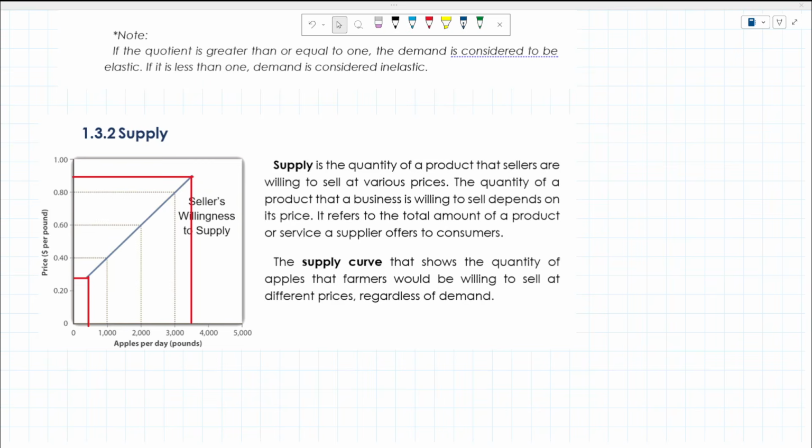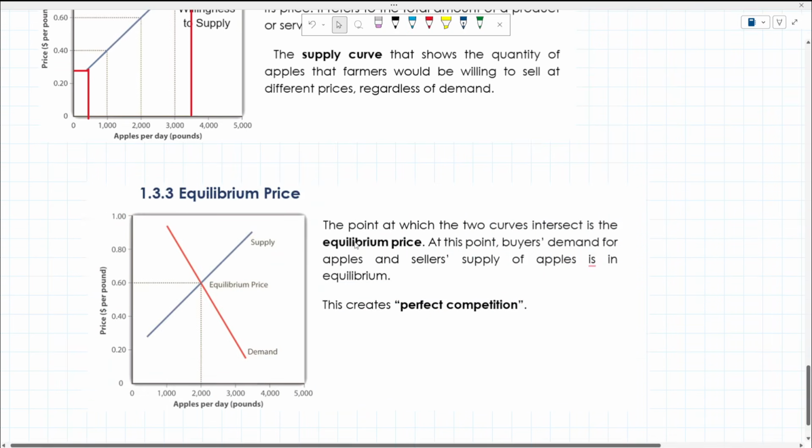So pretty confusing, I know, but we have to just take into consideration that the demand curve is from the buyer side, the supply curve is for the seller side. Of course, there will be a negotiation between these buyers and sellers, so that they arrive at a common ground. And when they arrive at a common ground, that is what we call the equilibrium price.